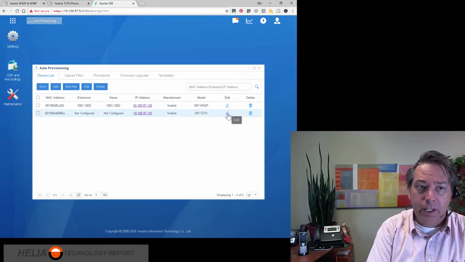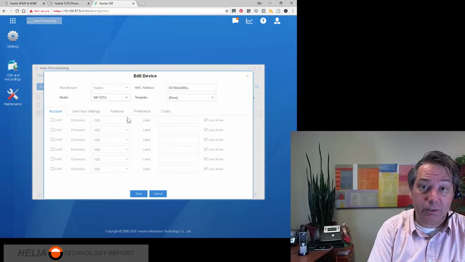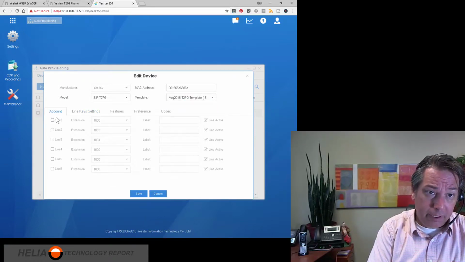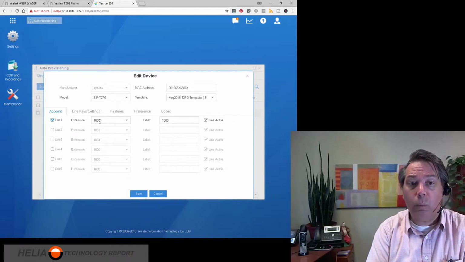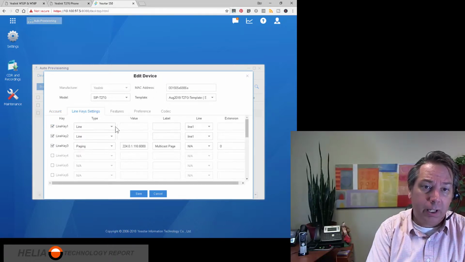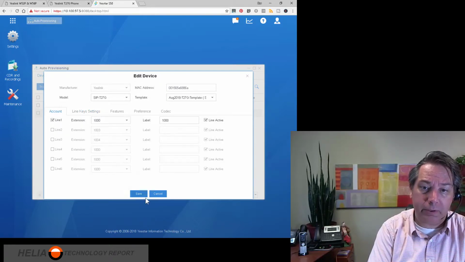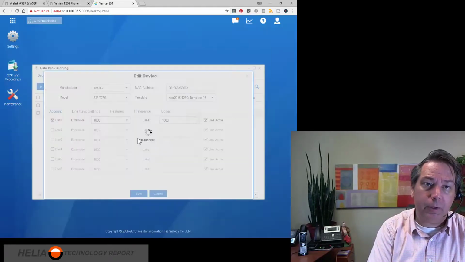We're going to go into edit here for this particular phone, and we're going to assign it to an extension. So we're going to use this template, and for the account, we're going to assign it account 1000. So we have one account, and the account is going to be used for both of these line keys, line 1, line 1, which is set, of course, here, line 1. Okay, so we're going to go save, reboot phone,